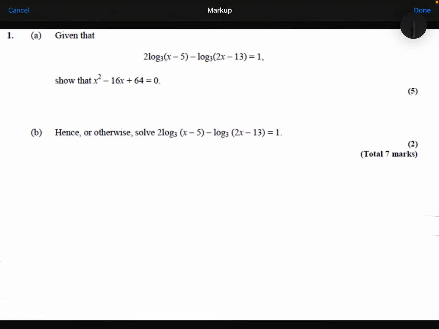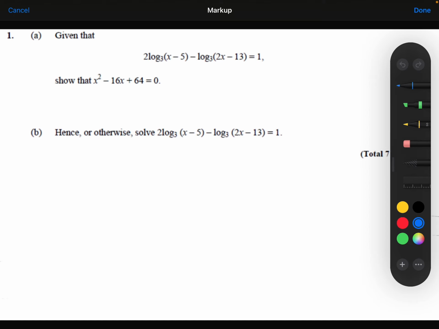Given that 2 log base 3 of (x minus 5) minus log base 3 of (2x minus 13) is equal to 1, I want to show that x squared minus 16x plus 64 is equal to 0. So I'm first going to use laws of logarithms to combine these logs together so that I can have a single logarithm, so that I can then do the inverse of logarithms to get rid of it